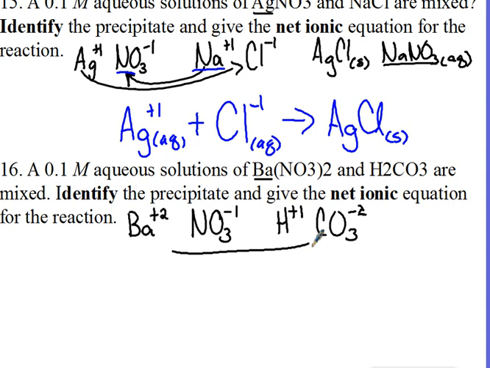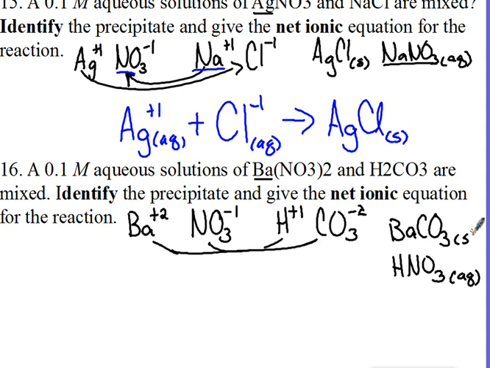So barium combines with carbonate to give us BaCO3. They'll combine in a 1-to-1 ratio because the +2 and the -2 cancel each other out. Hydrogen goes with nitrate. All nitrates are soluble, so this is aqueous. Carbonates are always insoluble, except for with an alkali metal and ammonium, and barium is an alkaline earth metal, so